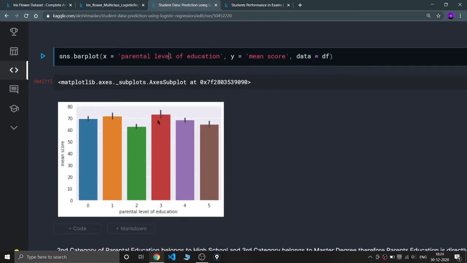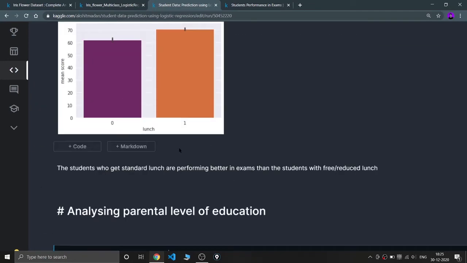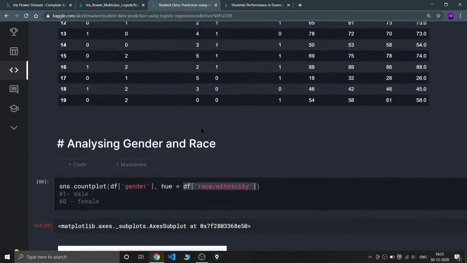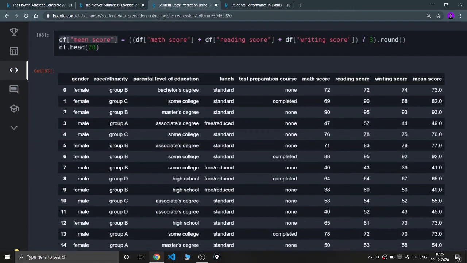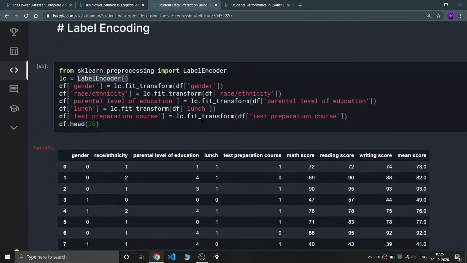I can see that this red column, or this red building, is reaching the highest point. That is, these red building students are getting the highest mean score. Now what does this red building show? This shows the third level of parental level of education. Now I should go to my data and check what this 3 shows. So in parental level of education, go to 3, which is present at index 2. Go over here and check that 2 is having master's degree, right? So the parents who are having master's degree in their studies, their children are performing good in